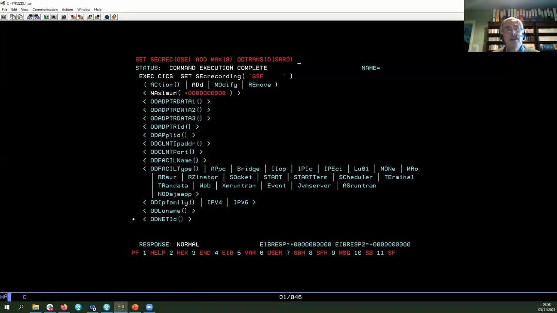So I'd report that to the help desk, and the help desk would set security request recording. GSE is the name of the tag that I'm giving it. So I'm giving it a little tag to identify the bit of the trace that is relevant. And I specify some information on how many times I want the thing recorded. And I specify, in this case, I know it's transaction SOR0. I'm not specifying anything else, but you can limit things as much as you want to. So I issue that request,